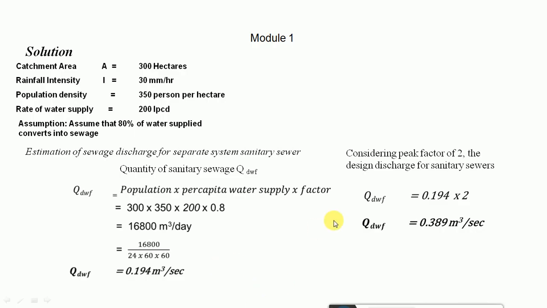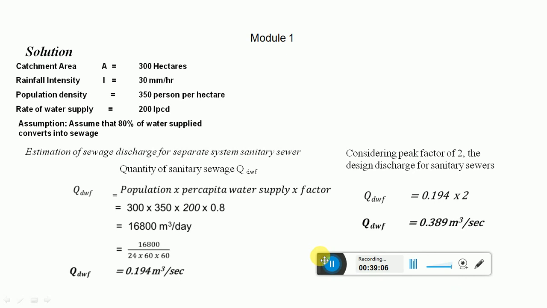For these quantities, you can use the formula Q = A into V to find out the diameter if required, based on the previous problems. So this is how we estimate the diameters and the sizing of the sewer. We will stop here, and I hope you have understood this.